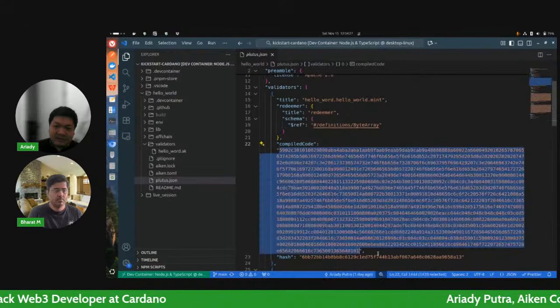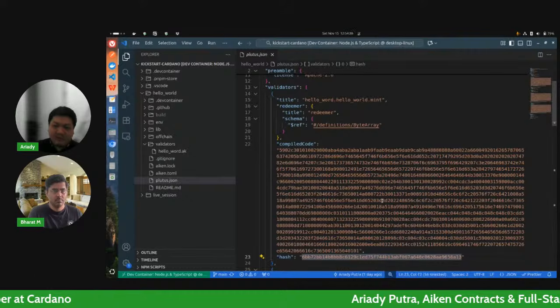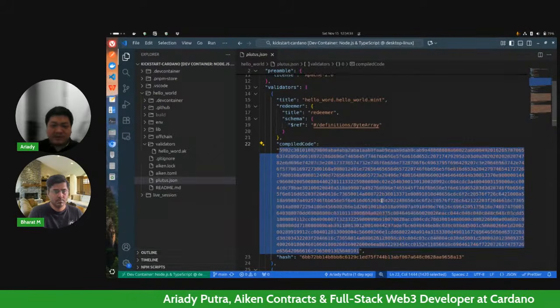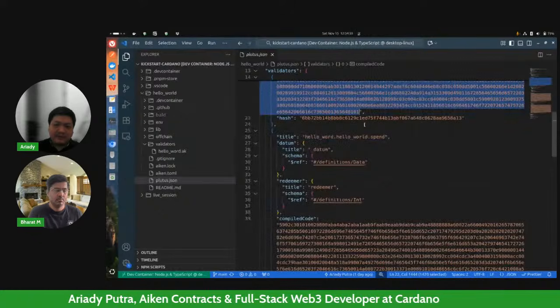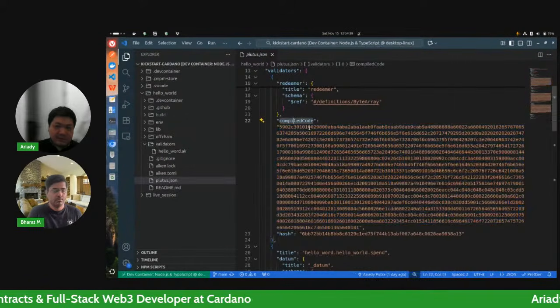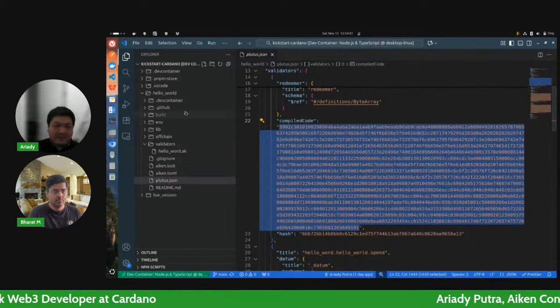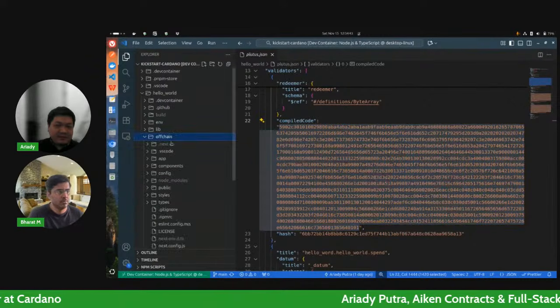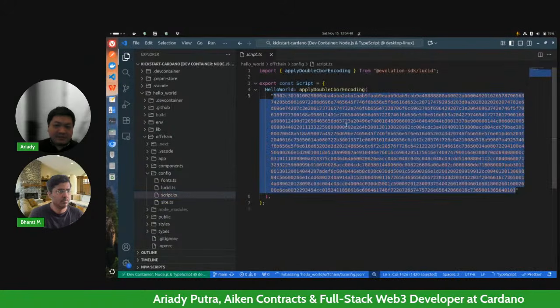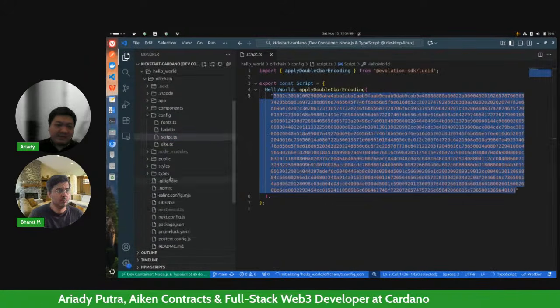And in this case, it is why, regardless of which script you compile, it will generate the same hash here. And the thing that you need to copy is this one, the compiled code. You copy this one, and then you go to the off-chain. In the config, in the script, you replace this with your script later.